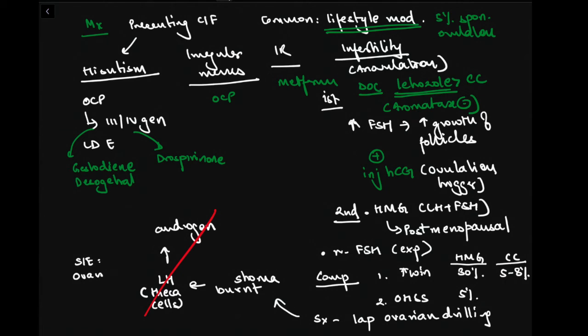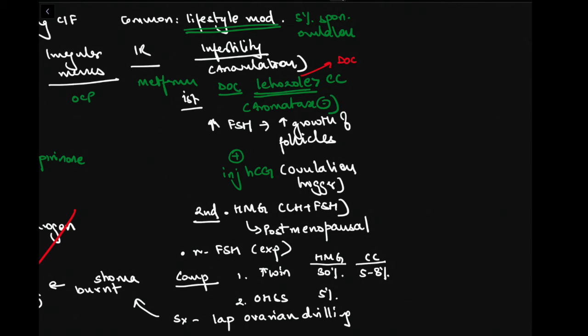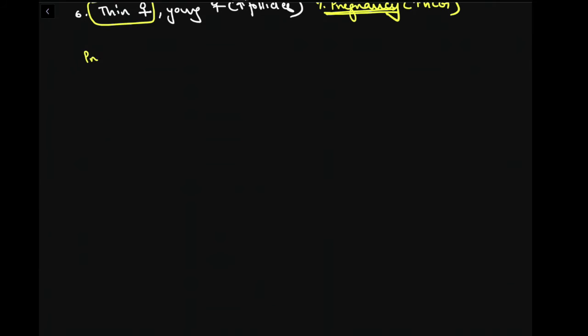So the side effects for this can be, if there is too much of burning, it will lead to ovarian failure, right, and cause premature menopause. So surgery is always less preferred as compared to medications. Now letrozole, it is a drug of choice for anovulation due to PCOS, while clomiphene citrate is the drug of choice for anovulation overall. Talking about second cause of anovulation, it is premature ovarian failure,